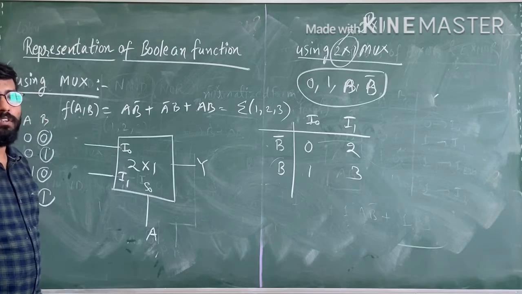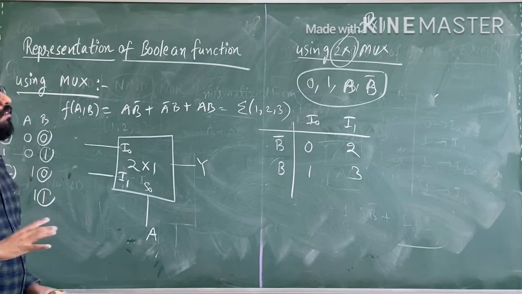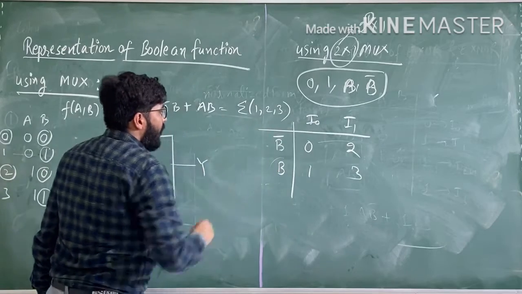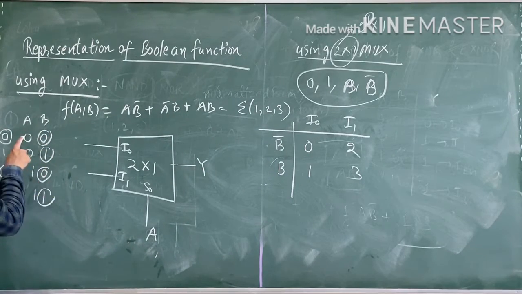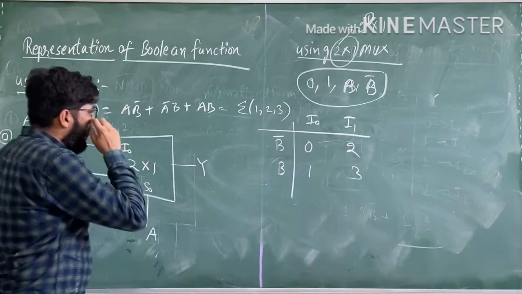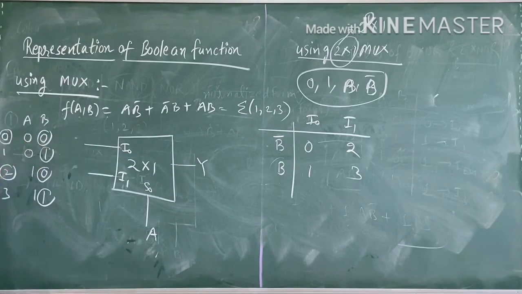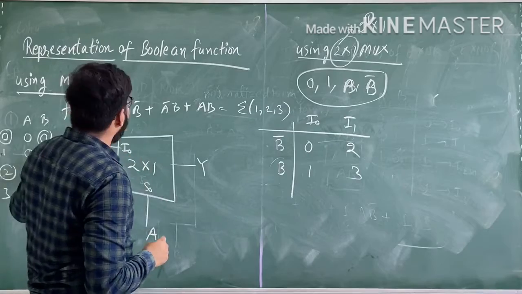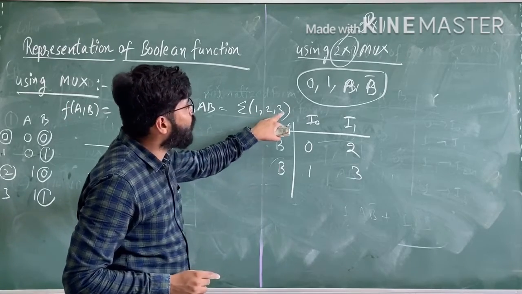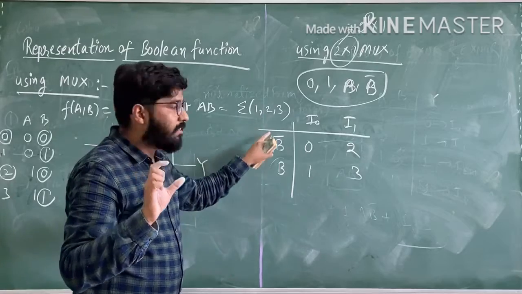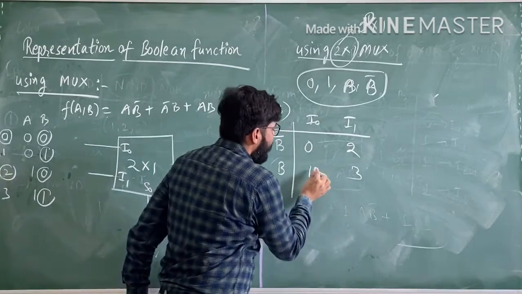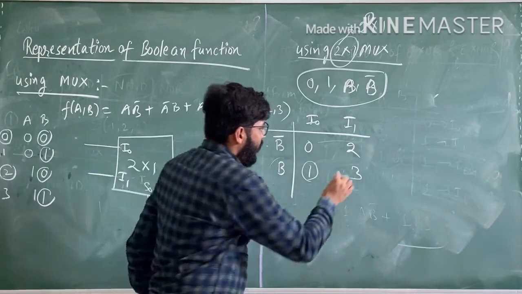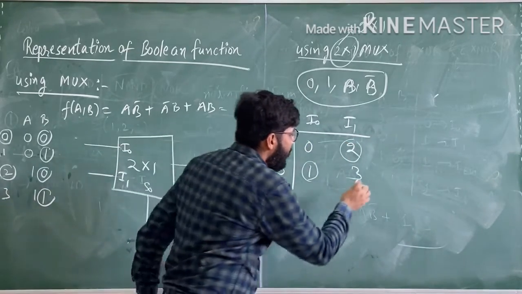In this way, you have to develop a tabular form. Once again, I repeat the concept. Suppose you have to write the B complement. So for B complement, you see the truth table. In the truth table, you see the B complement possibilities are in the 0 and 2 cases. So you write 0 and 2 here, and you see the possibility of B, which comes in 1 and 3. You write 1 and 3 here. Now see, in the question it is given 1, 2, 3. You have to encircle these terms in the tabular form. You encircle 1 here, 2 here, and 3 here.